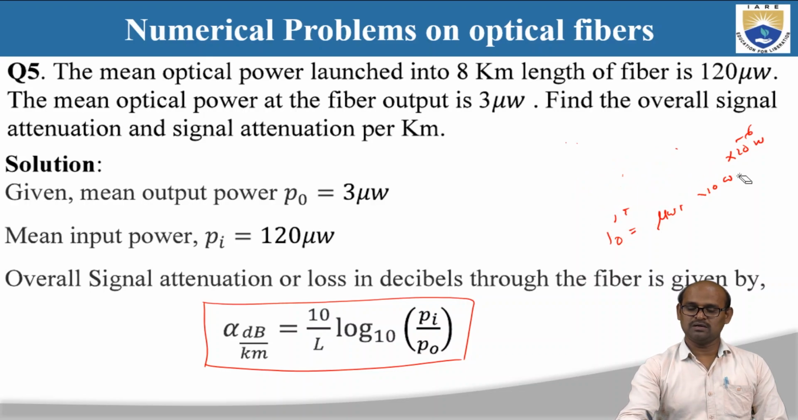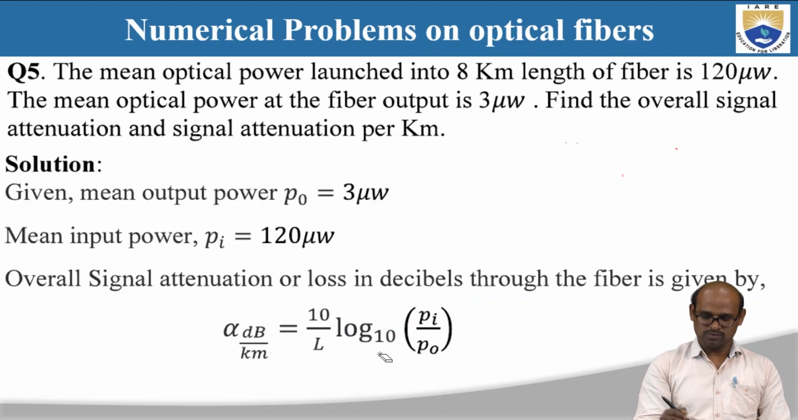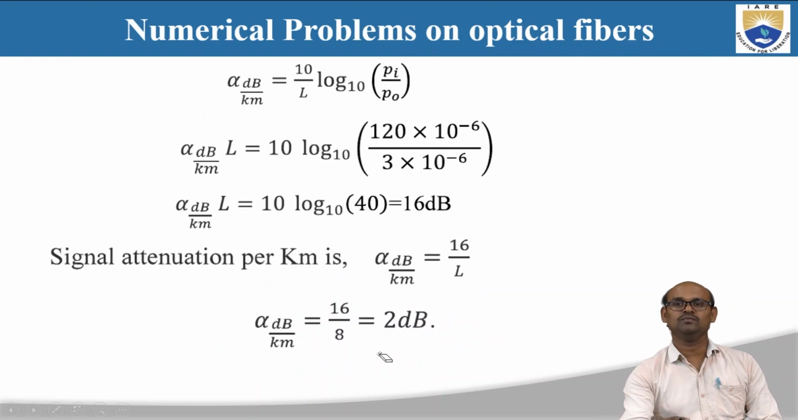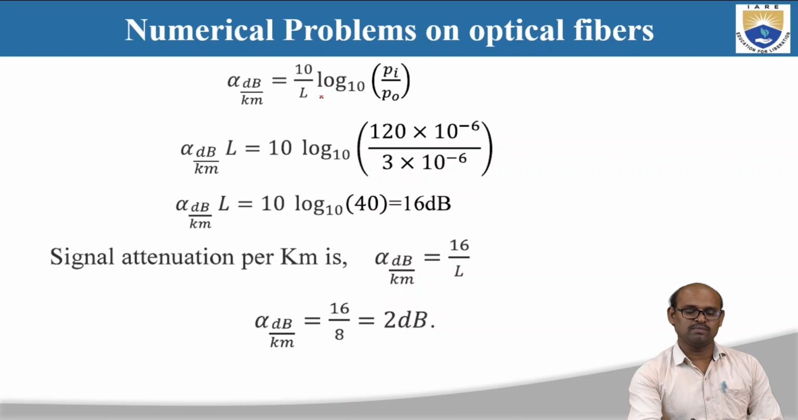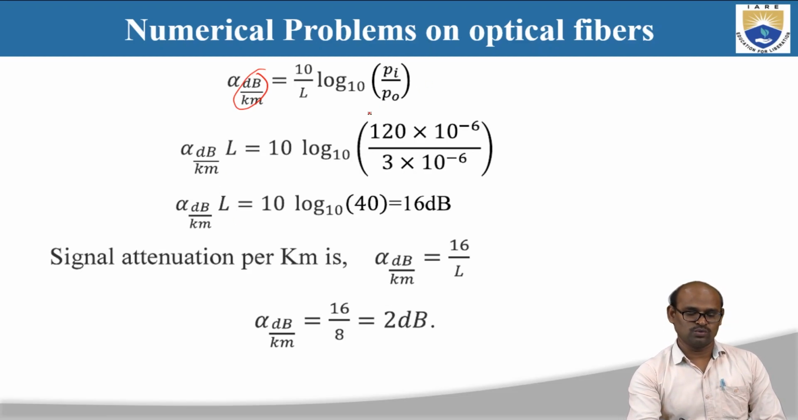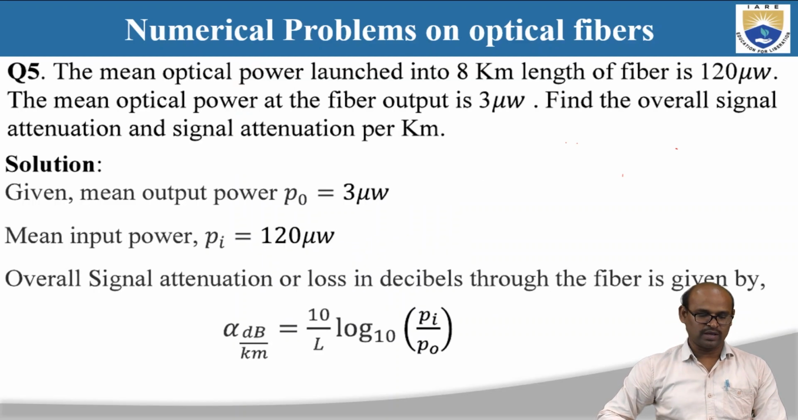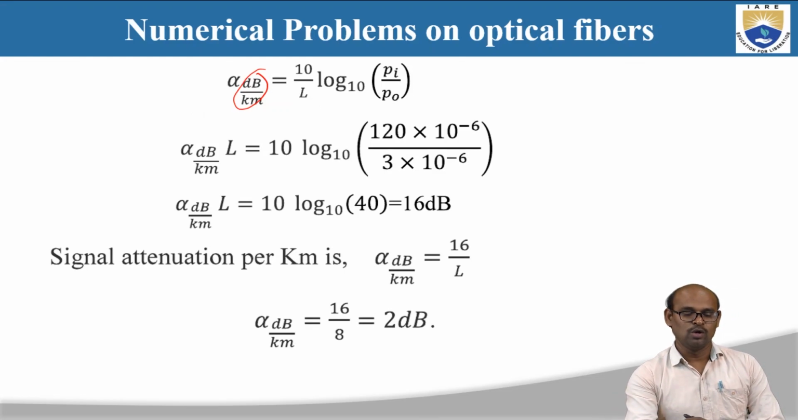The attenuation of the signal at the distance of 8 kilometers, we are going to get. Okay, so the attenuation of the signal is (10 by L) log 10 Pi by Po in units of decibels per kilometer, right? It's very important. Now we want to calculate the overall length attenuation. First, they have asked us to calculate the overall attenuation, and then the signal attenuation per kilometer. To calculate the overall signal attenuation,